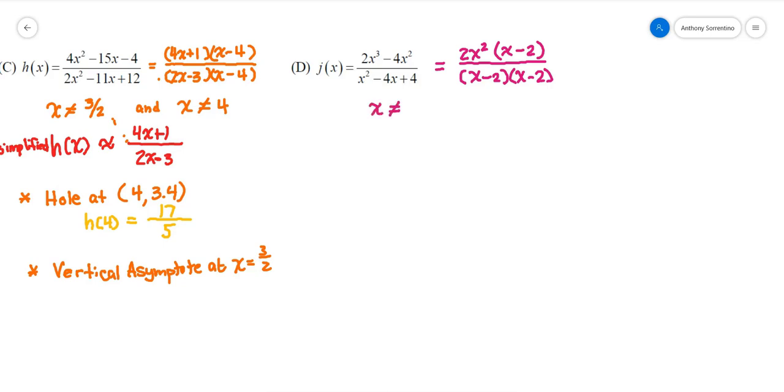X cannot be equal to 2 because that's going to create 0 in the denominator. That's the only number that's going to make a 0 in the denominator. Well, I see that both of them have a multiplication of x minus 2 on the top and bottom. I mean, the bottom actually has 2 of them. So when I do my simplified form,